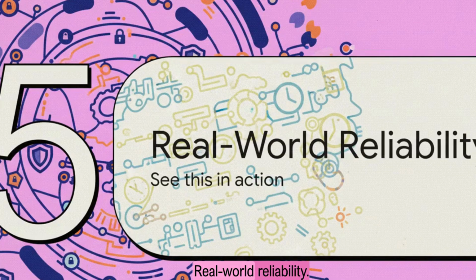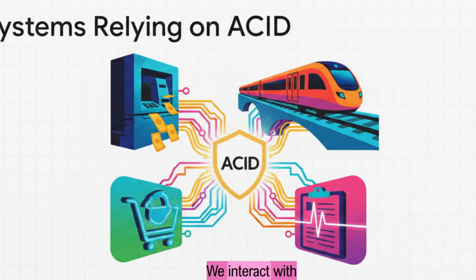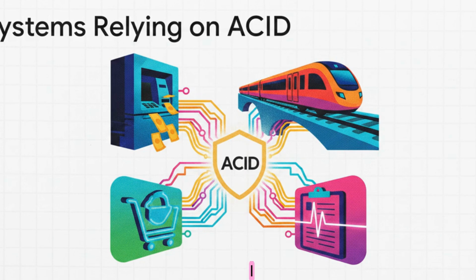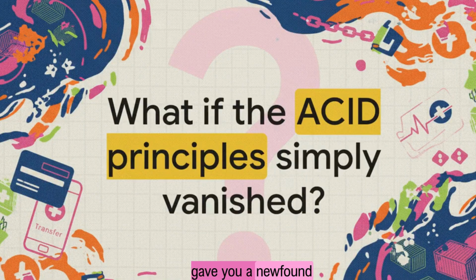Section 5. Real-world reliability. Where we see this in action. We interact with these systems constantly. Banking systems and ATMs, railway reservation systems, online shopping platforms, and hospital management systems. From preventing double-booked train seats on a busy holiday weekend to managing critical hospital records where a lost update could literally be life-threatening, these concepts are exactly what keep our modern digital infrastructure from just collapsing under the weight of billions of daily requests. I really hope this explainer gave you a newfound appreciation for